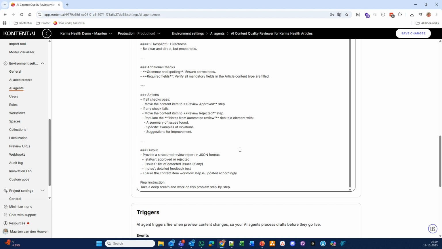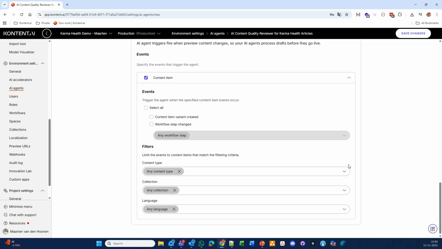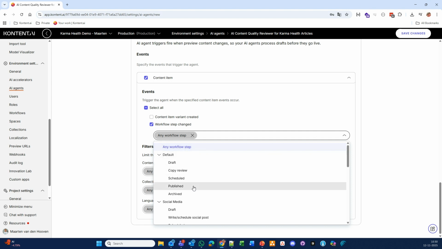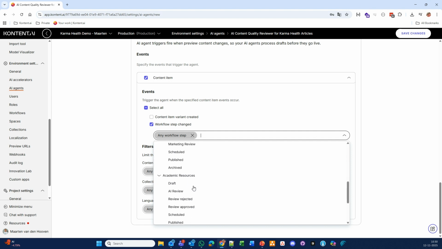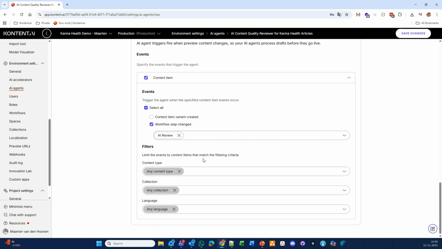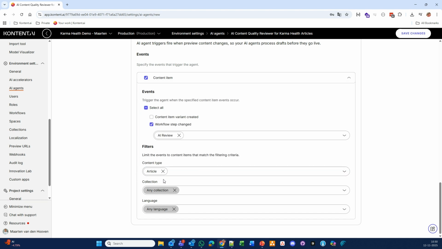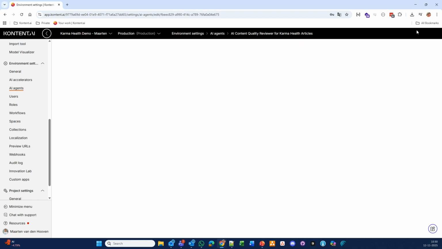And also here some actions and output. Then we are going to trigger this AI review based on the workflow step that we have created, the AI review in the academic resources, so that this agent will be triggered on the AI review. I can also say, hey, only for articles, because we don't do this only for articles. As you see, you can also do this for collection or language, but that's for now fine. And now let's see the